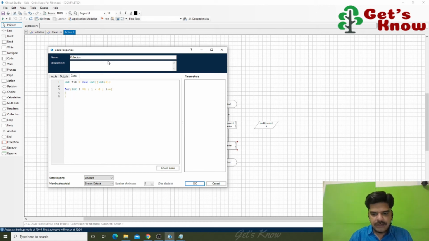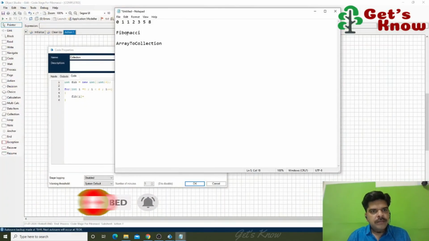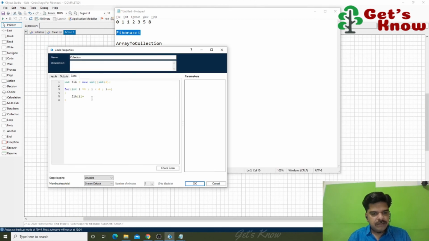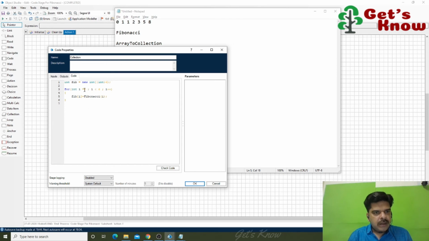Instead of this one, what I'm going to do is fib of i equal to, already they are having one function, Fibonacci of i. So here a loop will be repeated, so one by one will be assigned to this array,